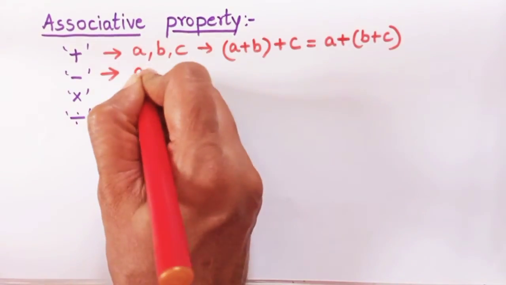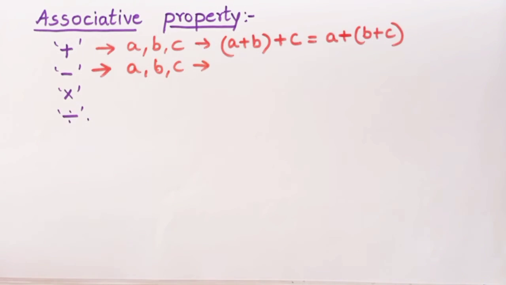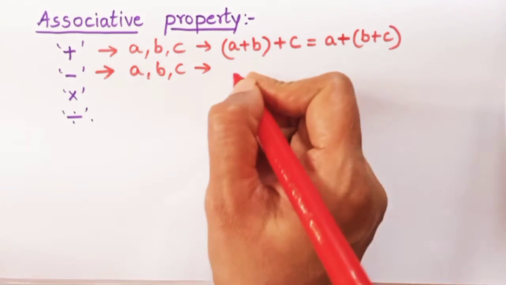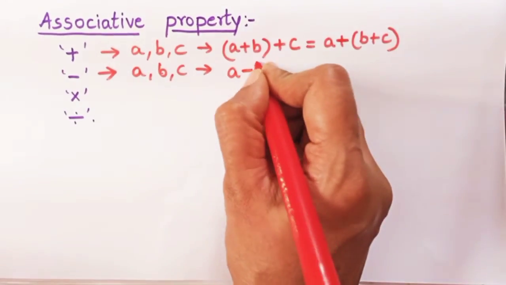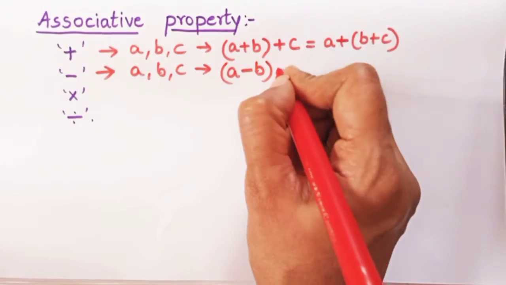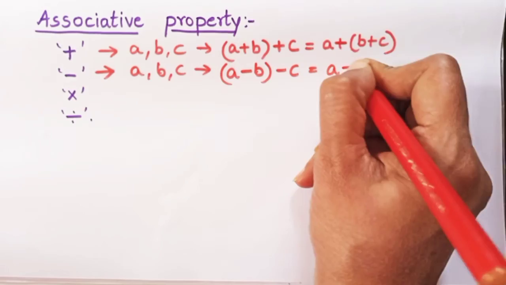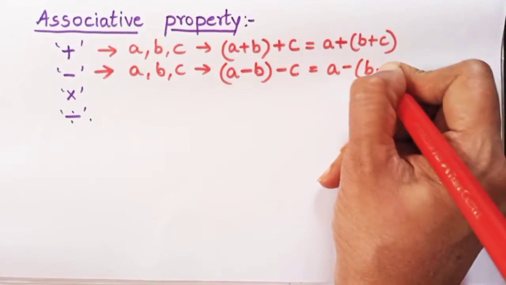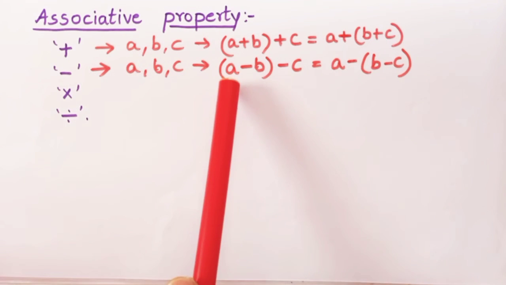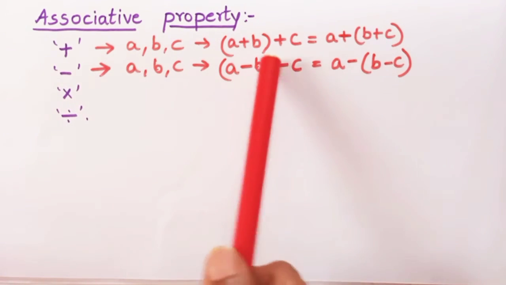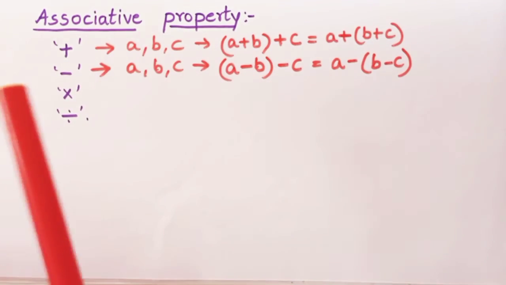In the same way, what is meant by subtraction in the associative property? Again the same thing. When you have A, B and C, three numbers, any numbers, whole numbers, integers or rational numbers, you can check your associative property like this: (A minus B) minus C, if it is equal to A minus (B minus C). Did you see that? See here, first we are obtaining the difference between A and B. Then C is subtracted from that result.